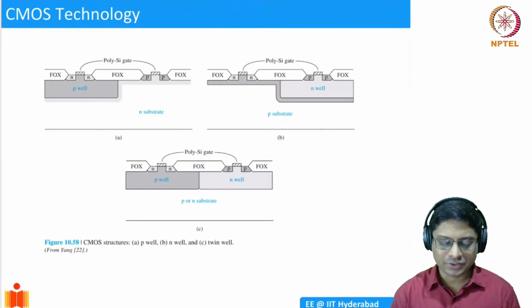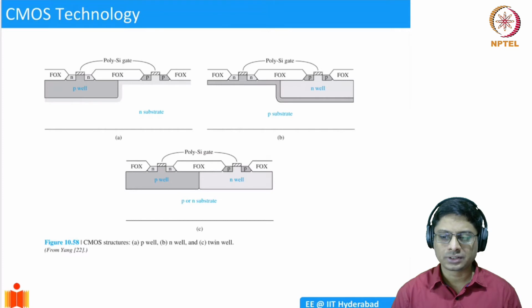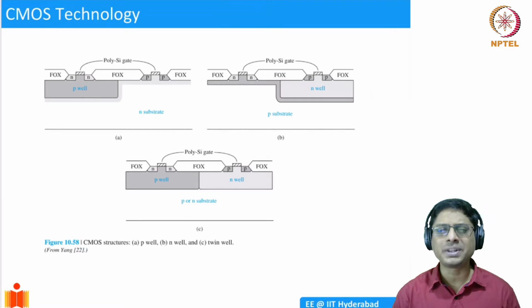So we have understood various device-related aspects of MOSFETs. I wanted to give a quick overview of how these are fabricated, just so that you have an idea. The fabrication of MOSFETs is a very complicated business, and to understand it fully, you require a full pre-credit course, which will go into great depth. But our objective in this course is not to do that, but to give you just an insight, just a peek into how it is done.